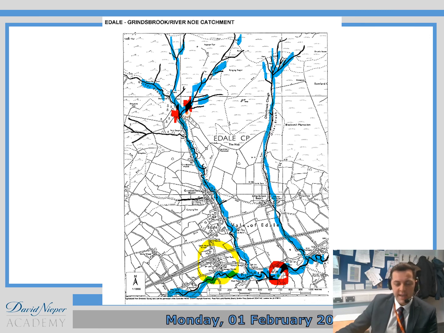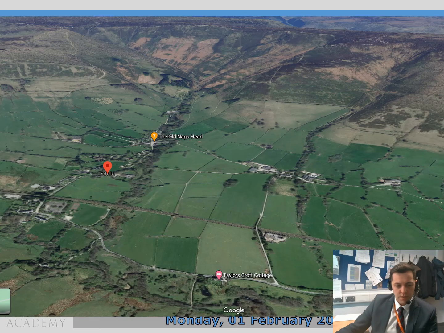I'm going to show you that again in a 3D image of the area, just so you can get a sense of what it's like. So again, this is the overall area that you can see here. This is the village of Edale, and we would have got dropped off around here. That's the coach park there. We would have then walked all the way up